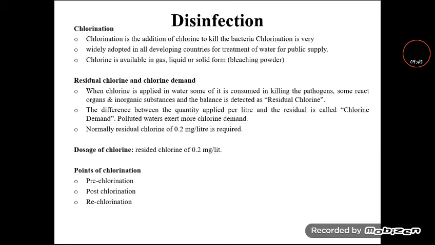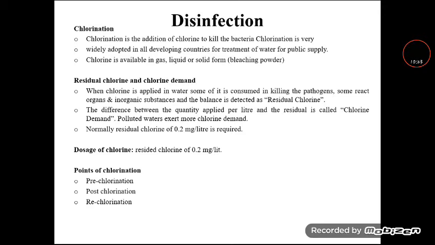Only then can all the harmful pathogenic bacteria, which are the bacteria that cause diseases to human beings and other things, be killed. Also the disinfectant must be economical, and it should be easily available in the market. It also should not require extra skilled labor. After treatment, the water should not be toxic, because otherwise it is objectionable to the user. Also the concentration should be determined simply and quickly.